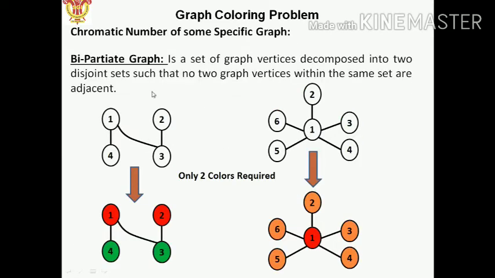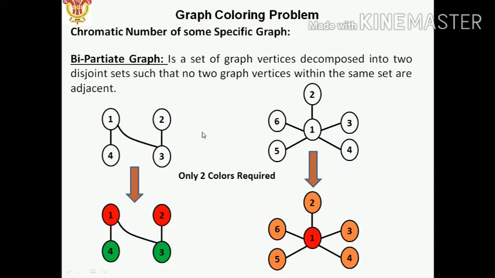Now see, this is a bipartite graph. So we have disjoint sets. A bipartite graph has two disjoint sets: a set is here, and that is a set. For this kind of graph, we require only 2 colors. Why? Because we need one color for each disjoint set to distinguish these two sets, so we have used two colors here, one red and green for this one.